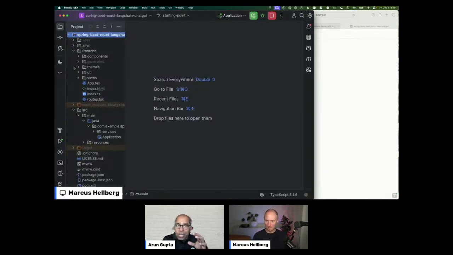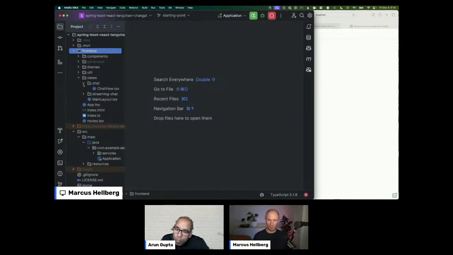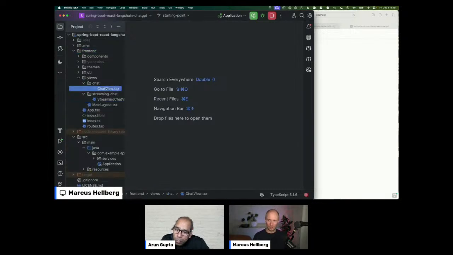Yeah. And this is a very standard Java setup, nothing custom, a very typical stack: IntelliJ, Java, Spring Boot, using Maven, generated a Spring Boot application, and that's how you're starting out. Yeah, the only non-standard or different thing here is that we have this front end folder which contains our React application, and the only part we're really interested in here is that I've created two views.